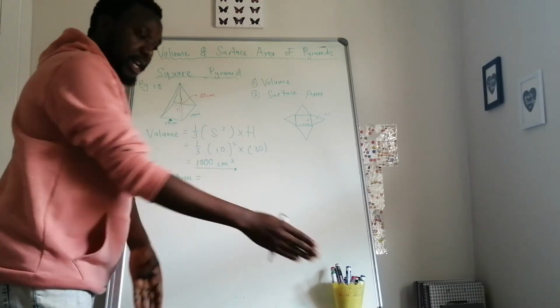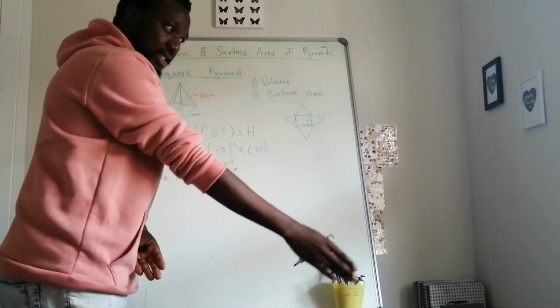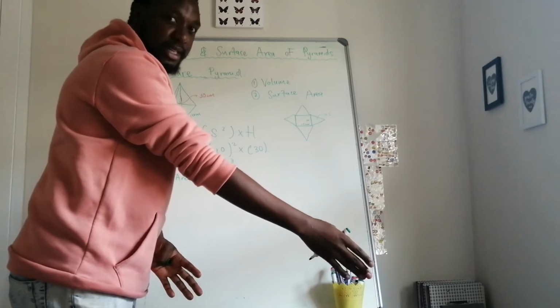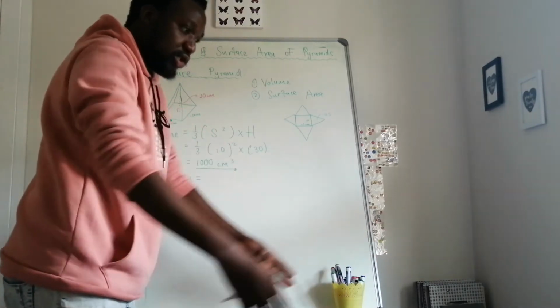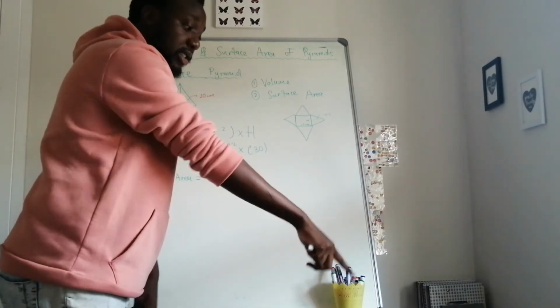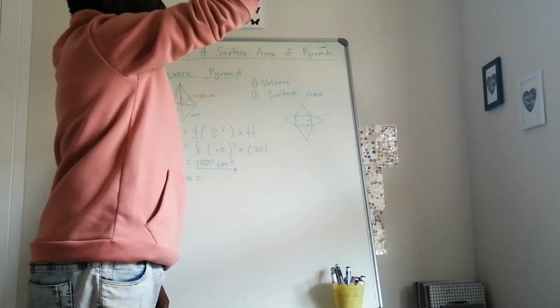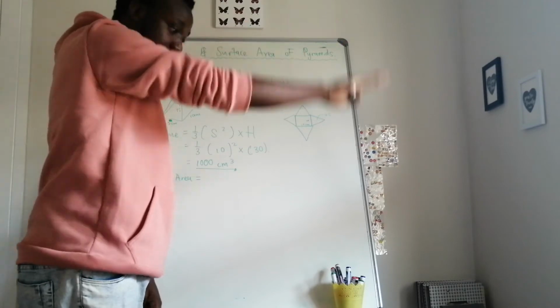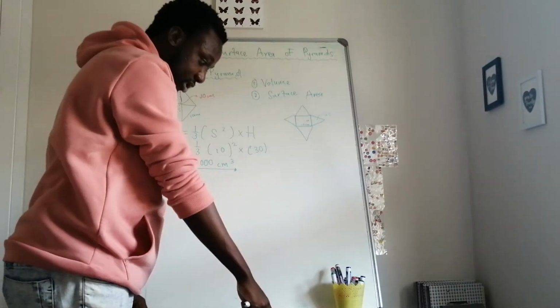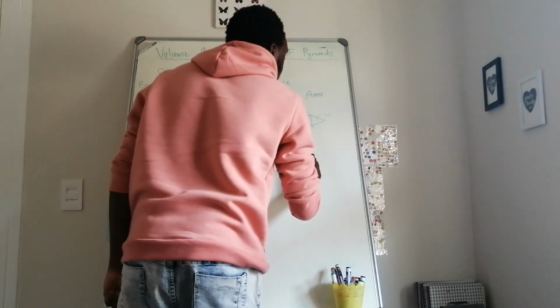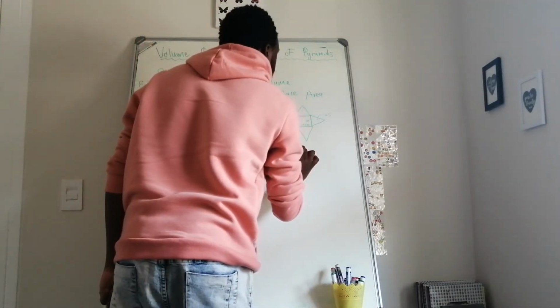If you look right in the middle, you see the center of the base. When you look right up to the apex of the pyramid, that whole line of you looking down to the center, and the top is 30 centimeters,